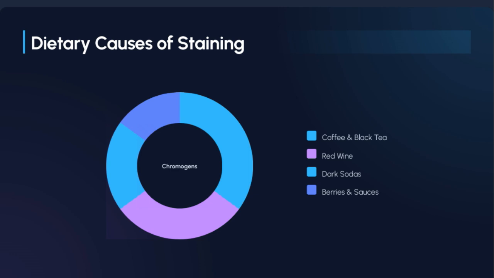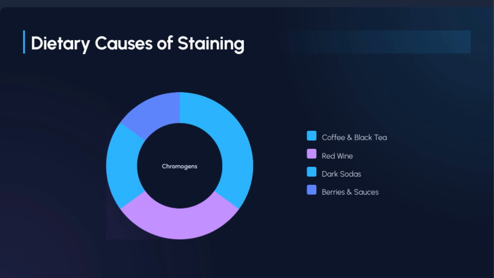Red wine is well known for its deep color and tannins, both of which can cause staining over time. Coffee and black tea are also significant because they contain chromogens and tannins as well, which can lead to discoloration if consumed frequently. The key concept here is that these foods and drinks have chromogens, those pigmented molecules, that can attach to your teeth. Understanding these dietary causes is crucial because they play a big role in the overall picture